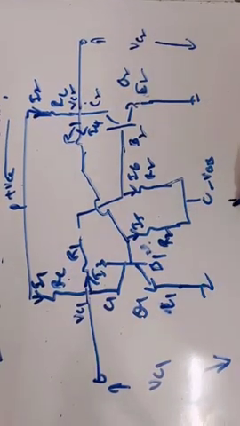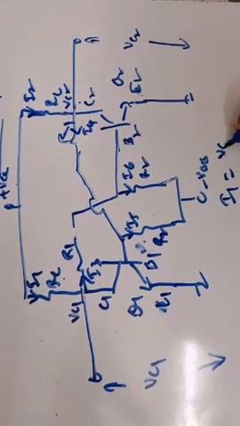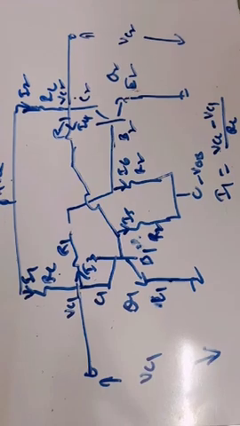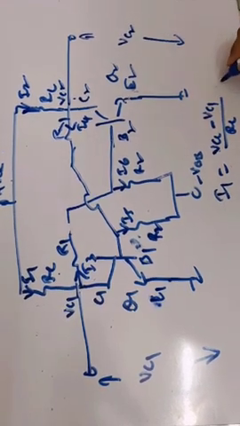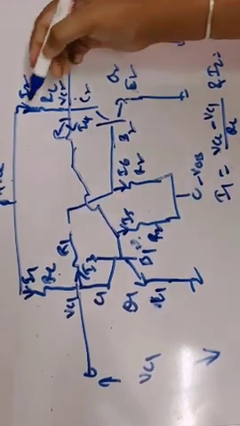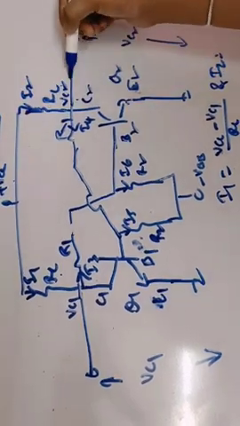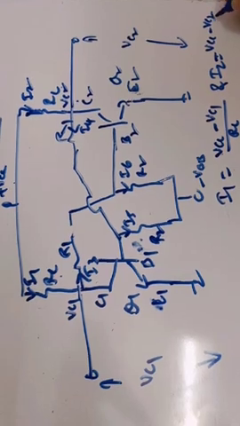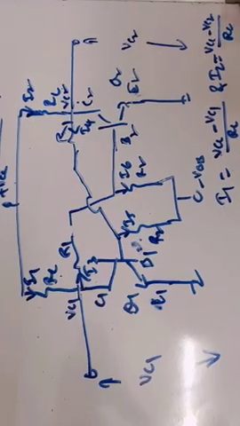If you apply the potential difference, the potential difference divided by resistance will give the current. So what is I1 here? I1 is equal to VCC minus VC1, the potential difference, divided by resistance. It is the I1 current. What is the I2 current here? I2 is equal to the potential difference divided by resistance. What is the potential difference here? VCC minus VC2 divided by RC.